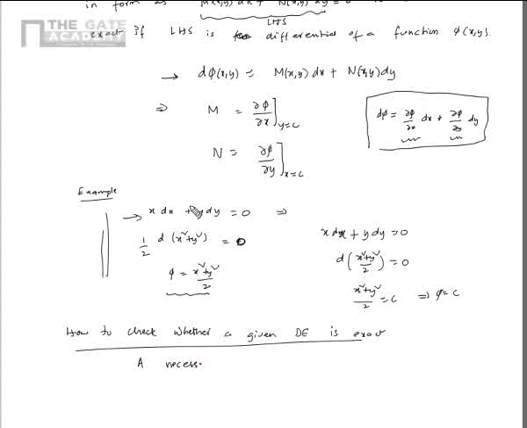A necessary condition for exactness of the differential equation M dx plus N dy is equal to 0 is that dou M by dou y should be equal to dou N by dou x. So that is the condition. Basically means that